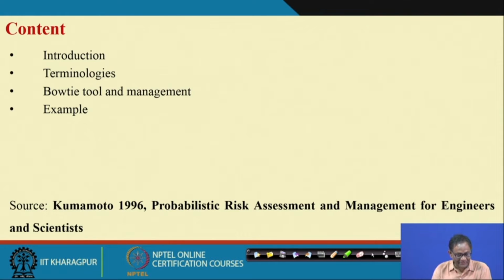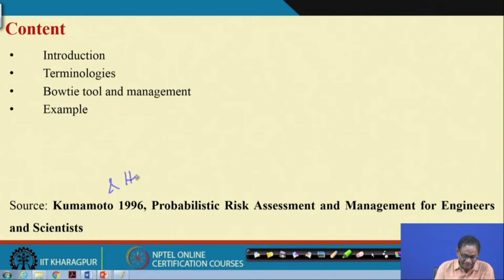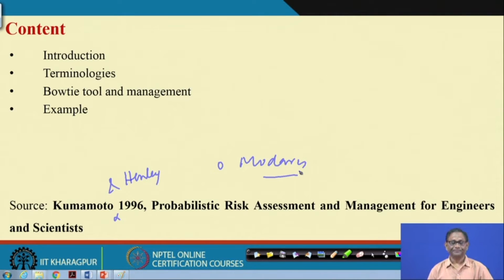And although I have written here the book written by Kumamoto and Henley, there is another book which we have taken into consideration, that is by Modarres. So, that is also reliability and risk assessment. Later on I will show you the reference for Modarres also. So, we primarily rely on these two books and the concept of bow tie,